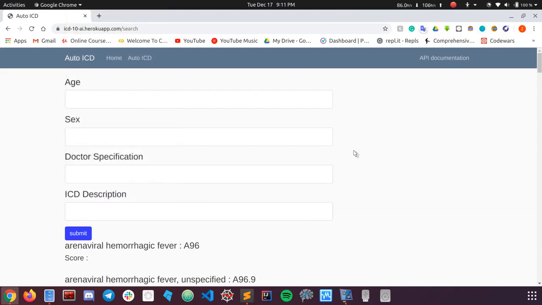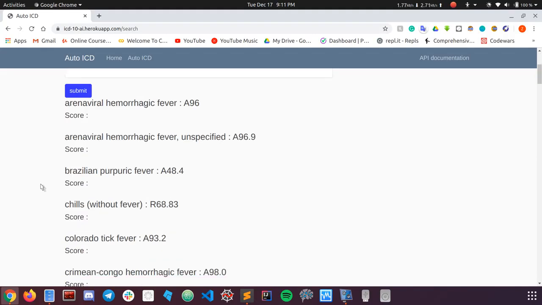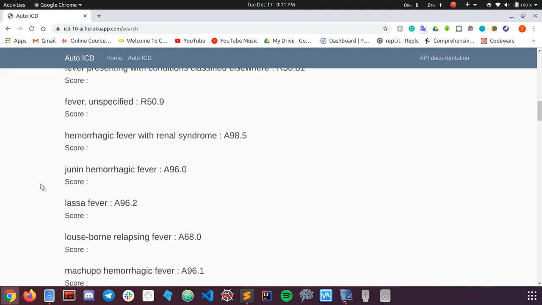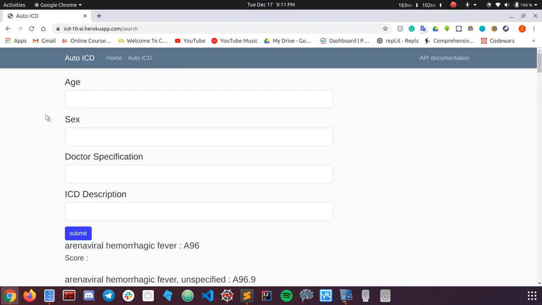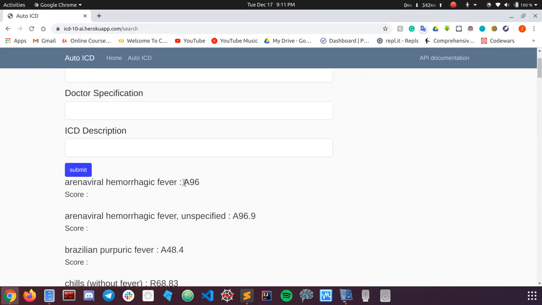If the machine learning model cannot classify that, then the default behavior will appear, which is just give everything. If it does classify, then the model will return a set of codes, each with a score.